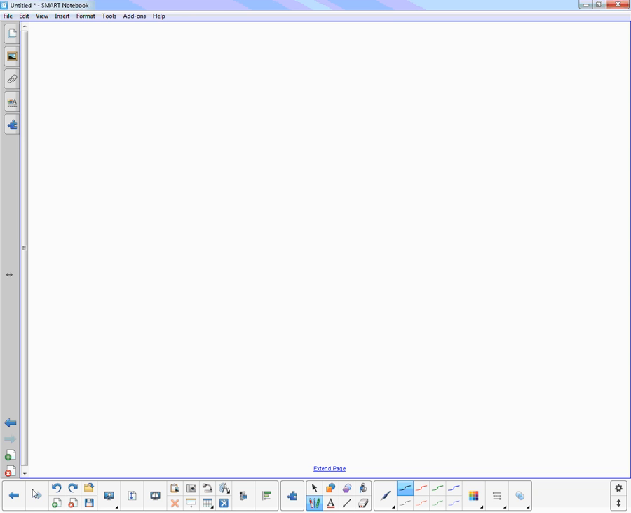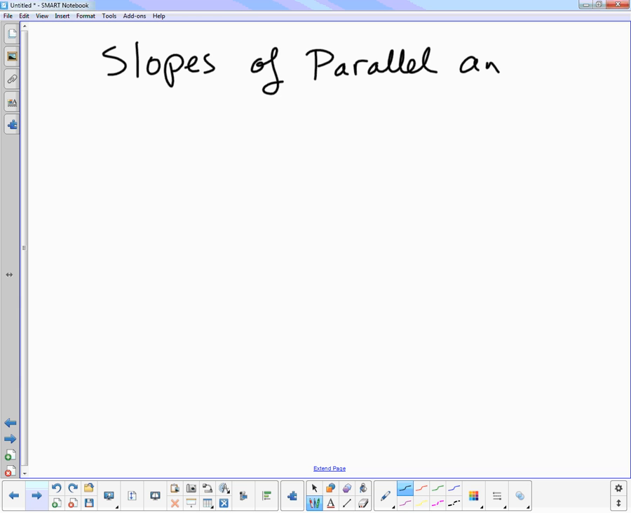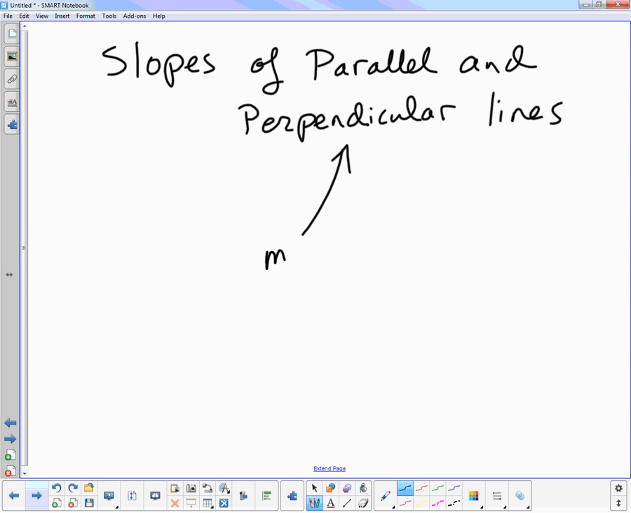So, we're going to go into parallel lines. Yep, a little bit of notes. All right, I have just started the period with a new vocabulary word. Perpendicular. Perpendicular means